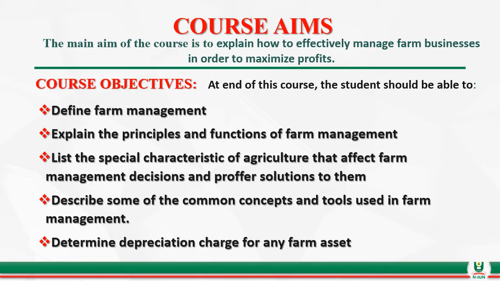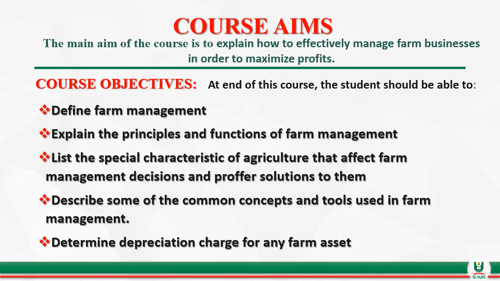The main aim of this course is to explain how to effectively manage farm businesses in order to maximize profit. So the aim of a manager is to minimize losses and to maximize profits. And that is why you will stand out as a good and successful farm manager at the end of this course. The course objectives are, at the end of this course, the student should be able to define farm management,